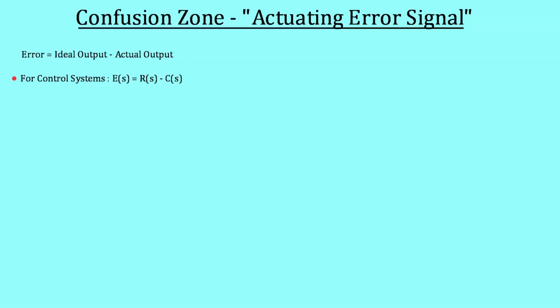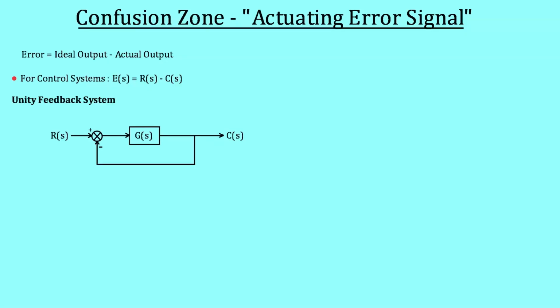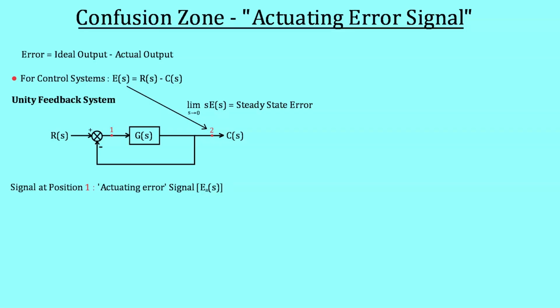But there is one more error, which is named the actuating error signal. To understand what the actuating error signal is, let us first consider a unity feedback system. Now there are two positions, position 1 and position 2, from where we find two different errors. The error we just talked about, E(s), is calculated at the output terminal, or we can say at position 2, and this is the same error with the help of which we find the steady state error. However, there is one more signal which is calculated just after the summing junction, which is represented as position 1,